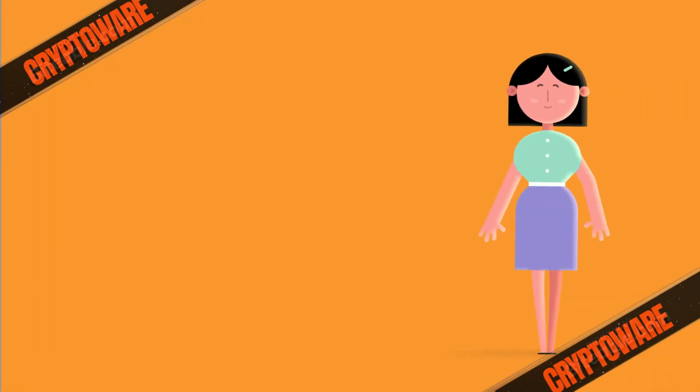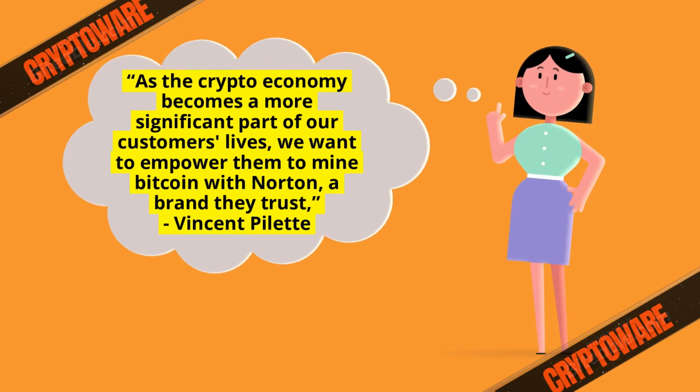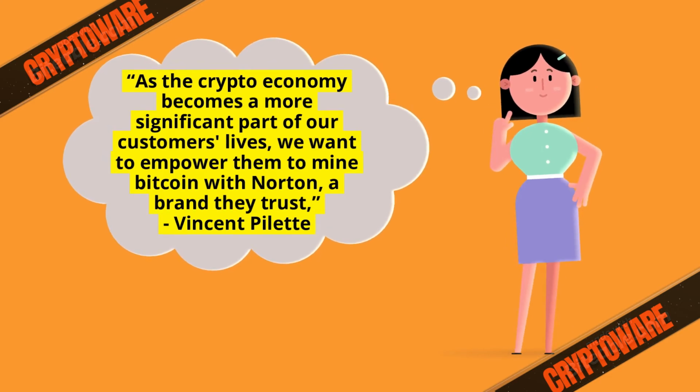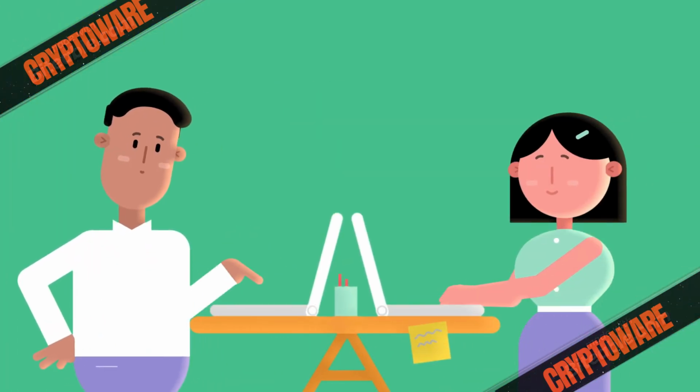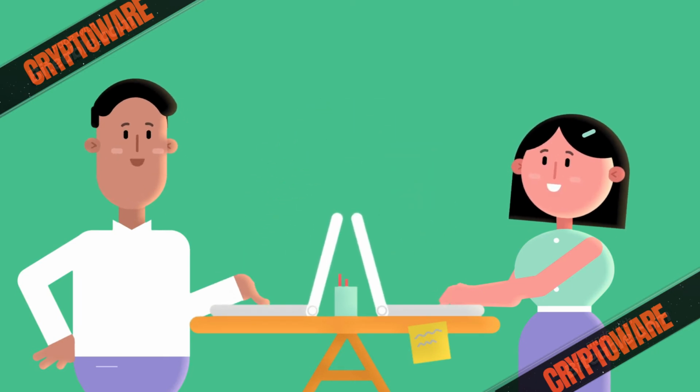As the crypto economy becomes a more significant part of our customers' lives, we want to empower them to mine Bitcoin with Norton, a brand they trust, said Vincent Pilette, CEO of NortonLifeLock. Norton Crypto is just another creative example of how we are growing our cyber safety platform to secure our customers'